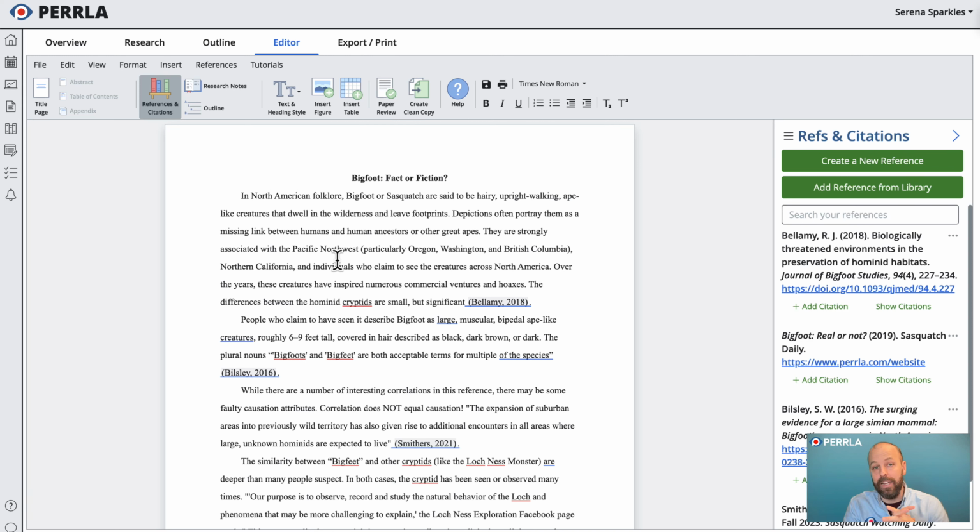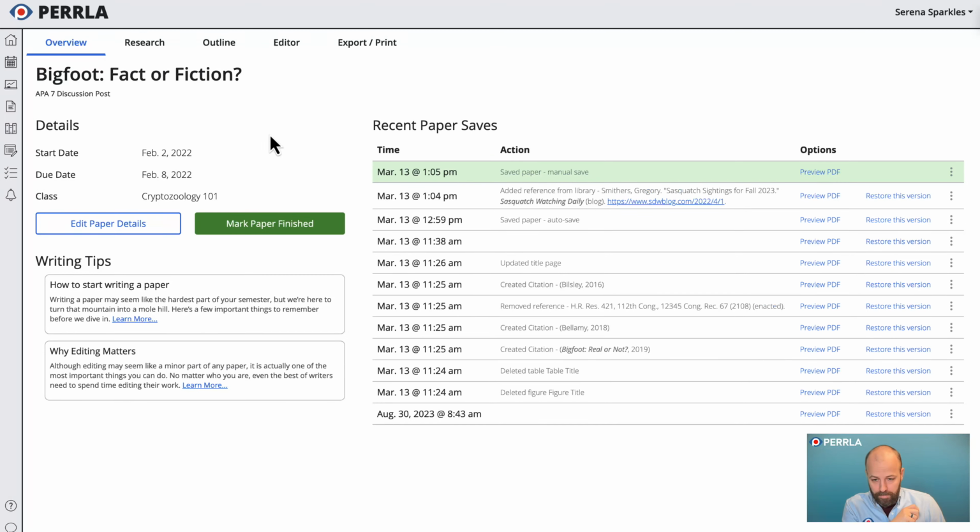Now, inside of each of these papers in PERRLA Online, we can go to the Overview tab inside the paper. When I come to the Overview tab, here on the right-hand side, I have Recent Paper Saves. PERRLA saves the last version of your paper indefinitely. So the last save for your paper, that's going to stay there. It's not going away. However,